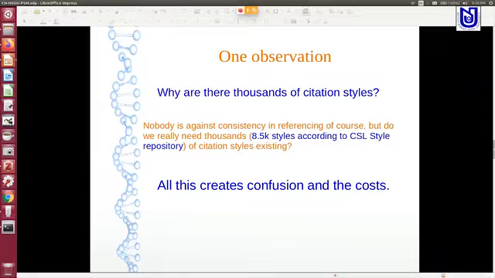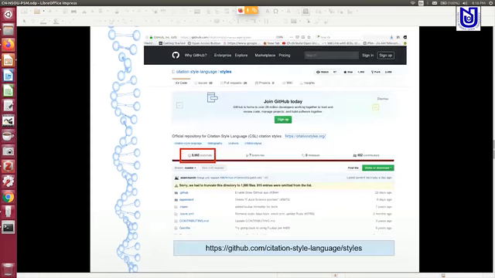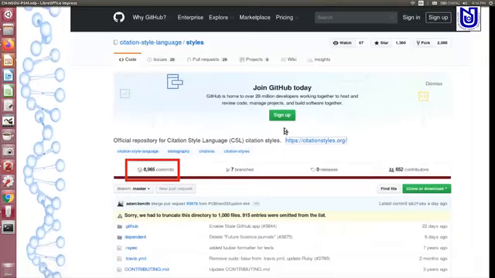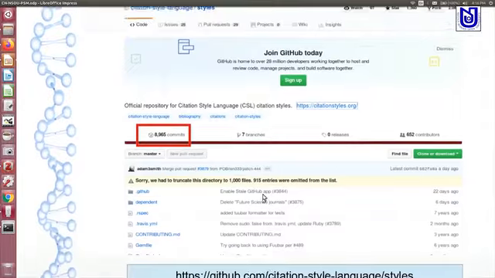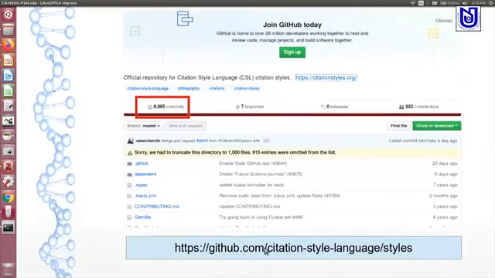Let me start with why this is required, because you see some serious observations are there when you are managing your citations, particularly in the form of in-text citations and references. Can you believe there are almost 9,000 different styles in scientific writing? So if I zoom in slightly, you can see this is actually the GitHub Harvard repository, which collects all citation styles humankind ever produced. So altogether till date there are